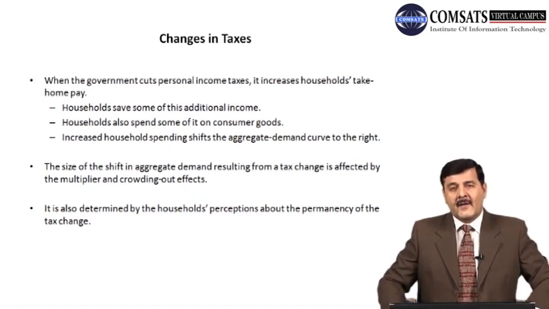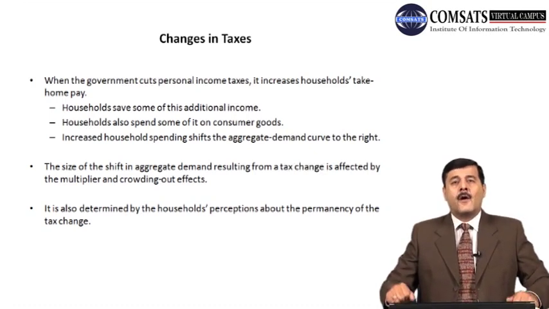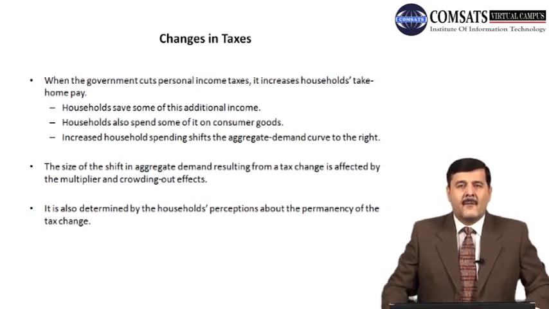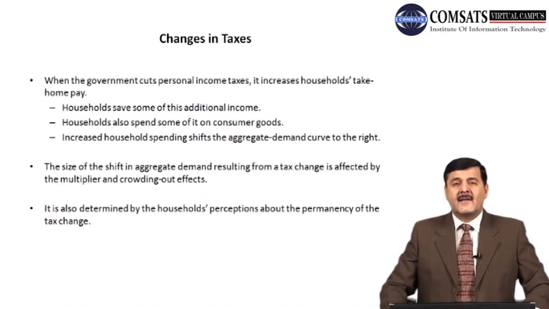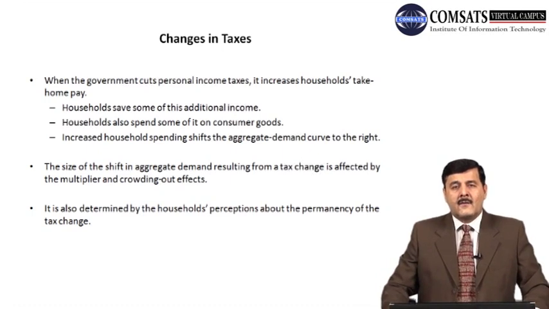So जब government taxes कम करती है, रिड्यूस करती है, कट करती है, तो उससे लोगों की जो इनकम है, टेक होम इनकम जो है वो बढ़ जाती है. उनकी इनकम जब बढ़ती है तो उसका कुछ हिस्सा एडिशनल इनकम का वो सेव कर लेते हैं और जो कुछ हिस्सा उसके एडिशनल इनकम का है वो स्पेंड करते हैं ऑन द परचेज ऑफ गुड्स एंड सर्विसेज, चीज़ों पे खर्च करते हैं. राइट. तो जब स्पेंडिंग बढ़ती है चीज़ों पे खर्च करने पे, when the spending of consumer increases on